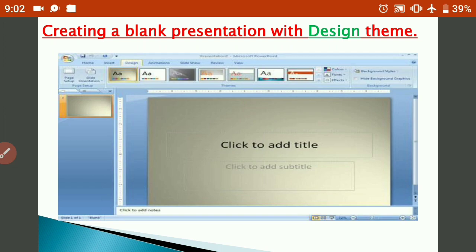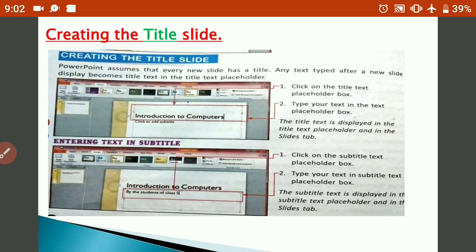Make an outline of the material that you plan to cover, and then divide the material into individual slides. You may also make a 5-slide presentation or a 6-slide presentation. So here I am making a presentation about introduction to computer. This is my topic. You can make any number of slides in your presentation.